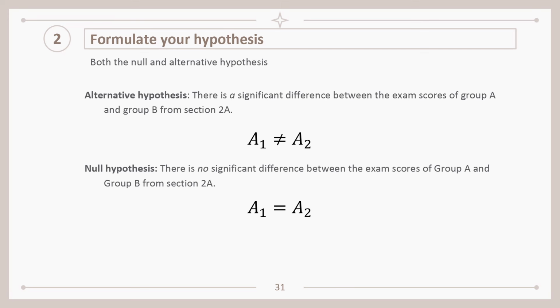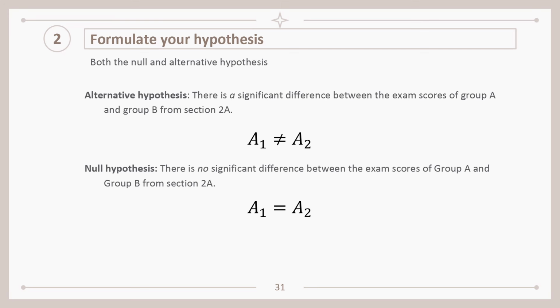So your alternative hypothesis is a positive hypothesis. In this case, since we're looking for difference, our alternative hypothesis is that there is a significant difference between the exam scores of Group A and Group B from Section 2A. While your null hypothesis is simply a negation of your alternative hypothesis. So what we're negating is that there is no significant difference between the exam scores of Group A and Group